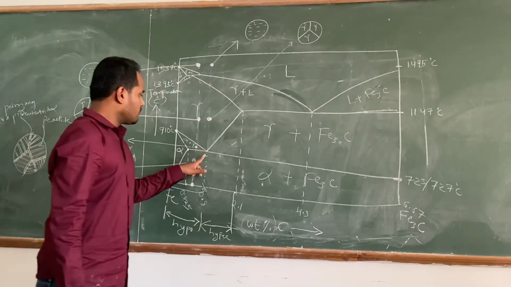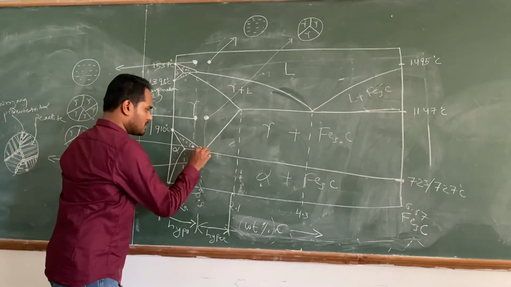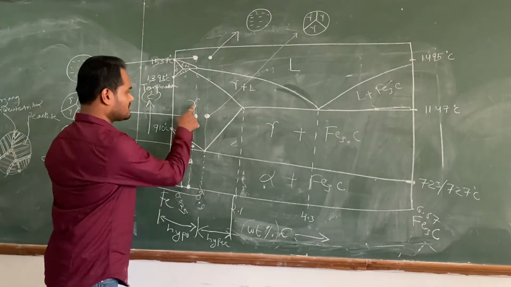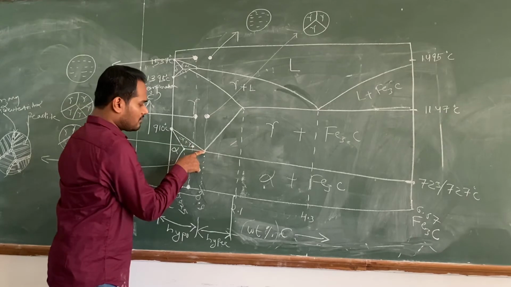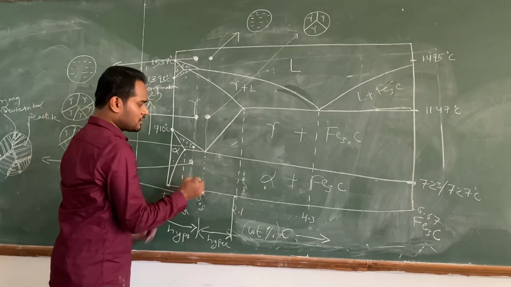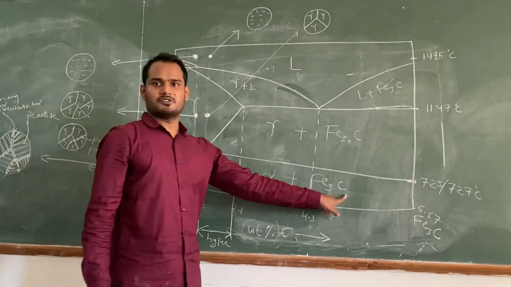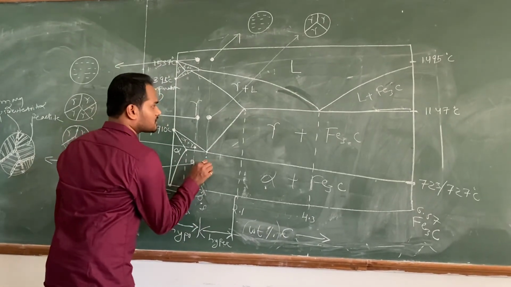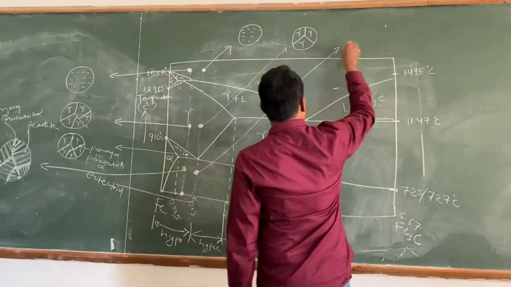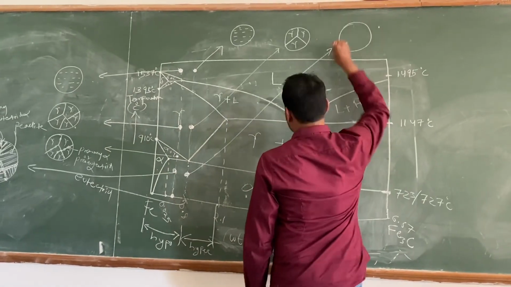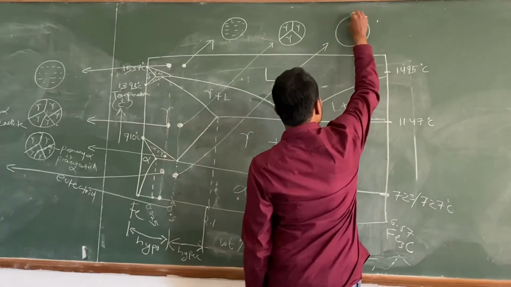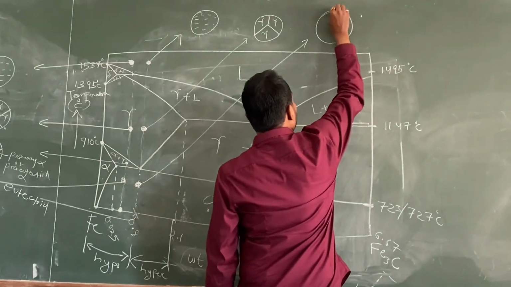Then you move to a temperature below this. Now what you can see? This is gamma, but when gamma moves below this temperature, it will decompose into alpha plus Fe3C. So if I choose a temperature here, my microstructure will be, what I have? Alpha and Fe3C. So what will it be forming? It will be forming